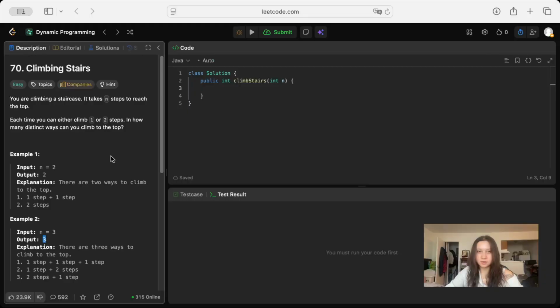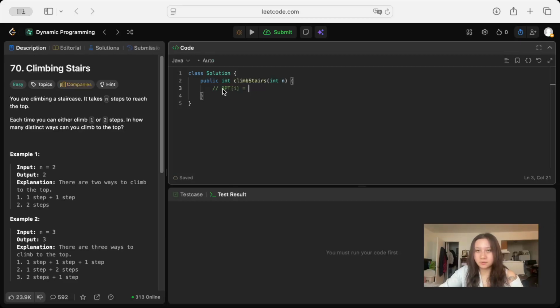In this one, we're going to want to use dynamic programming to store the number of distinct ways to climb to a certain step. If we want to define our recurrences, we can start by defining what is the problem we're trying to solve. We can say opt at i, and